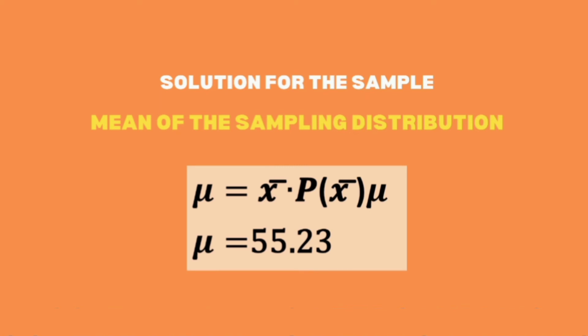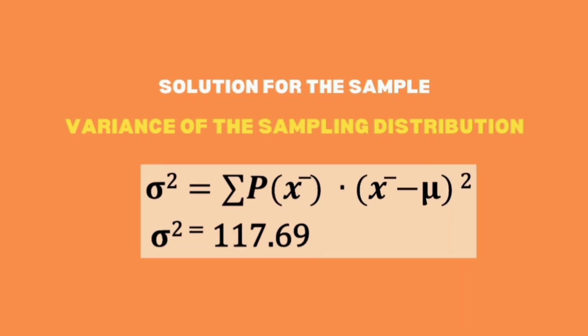So, the mean of the sampling distribution of the sample means is 55.23. For the variance of the sampling distribution of the sample means is